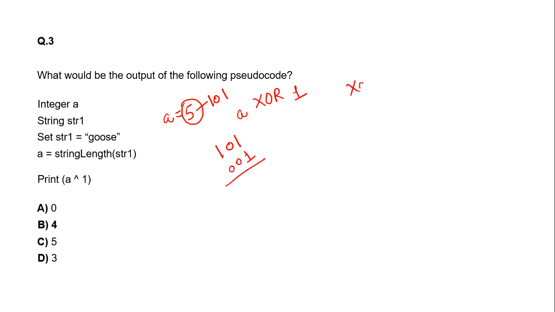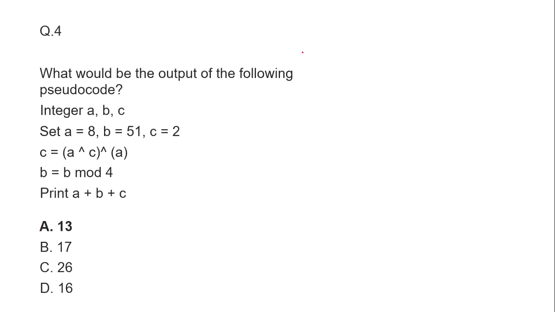In case of XOR, what do we have? If the bits are similar, that is 0, 0, we will get 0 in the output. 1, 1, we will get 0 in the output. So here also 1 and 1. If you XOR this 1 and 1, it is going to be 0. 0, 0 is also 0. And 1 XOR 0 is going to be 1 itself. So this is the binary value of 4. What is the correct answer then? Option B, that is 4. You can see the questions are kind of easy, and if you are clear with some basic concepts, getting the correct answer is not a big deal. Let's see the next question.